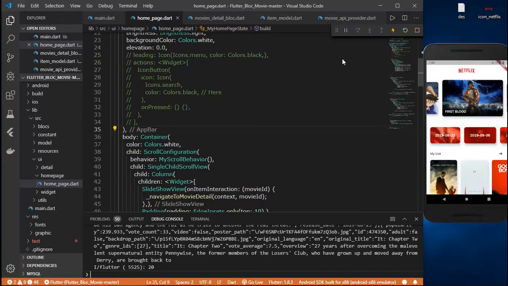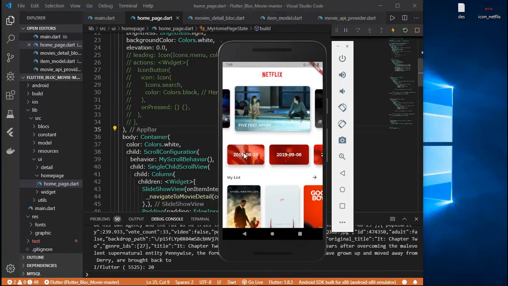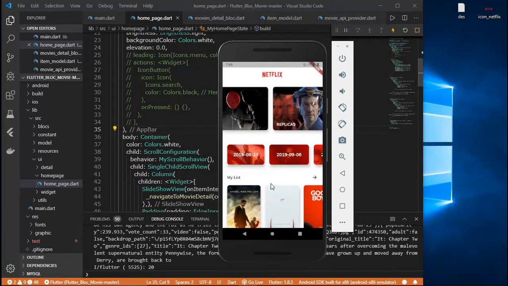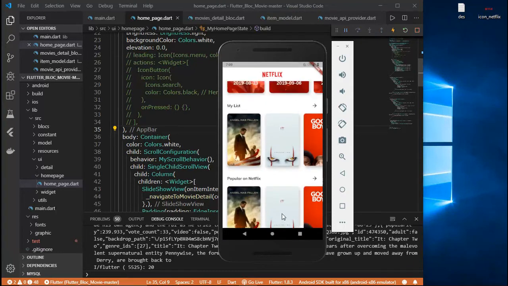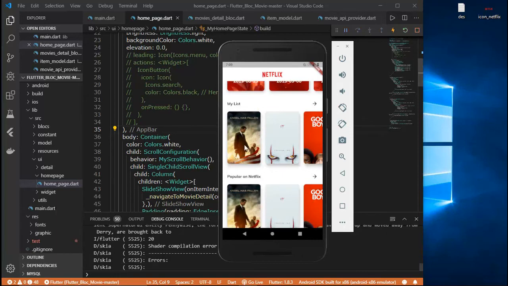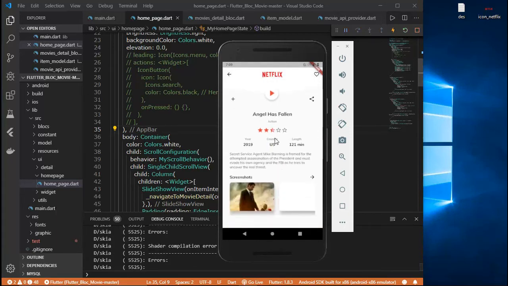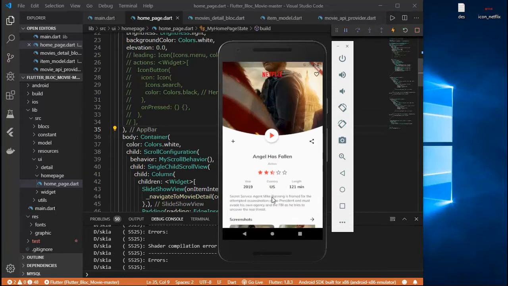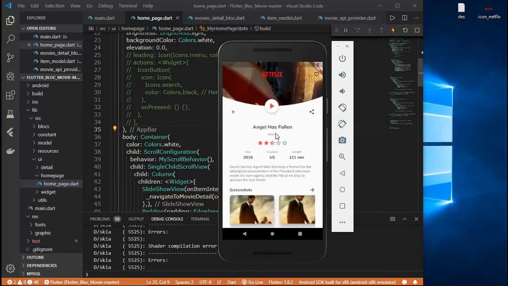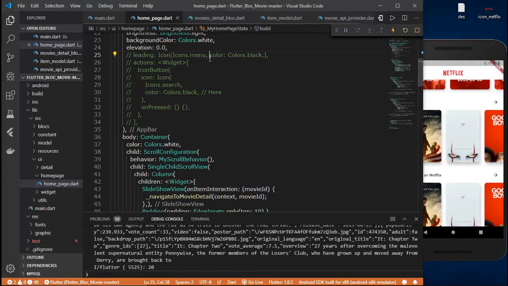So in this series we'll be creating a movie streaming app, as you guys can see right here. We'll be using the movie DB API. As you can see the app right here, if we click on any of the movies, we'll basically get the details of the movie. These are the details and also a picture. So let's get started. First of all, I'll create a new Flutter project and I will name it